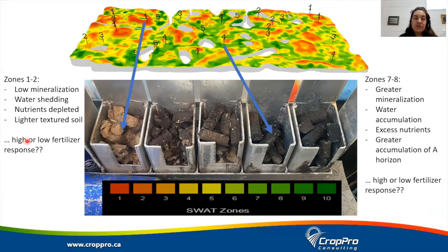And it's a high response soil because we're actually going to need more fertilizer in this zone to get our yield goal at the end of the day, just because this soil has all of these characteristics. So because it's depleted of nutrients, it has low mineralization potential, it needs more fertilizer to get the yield goal